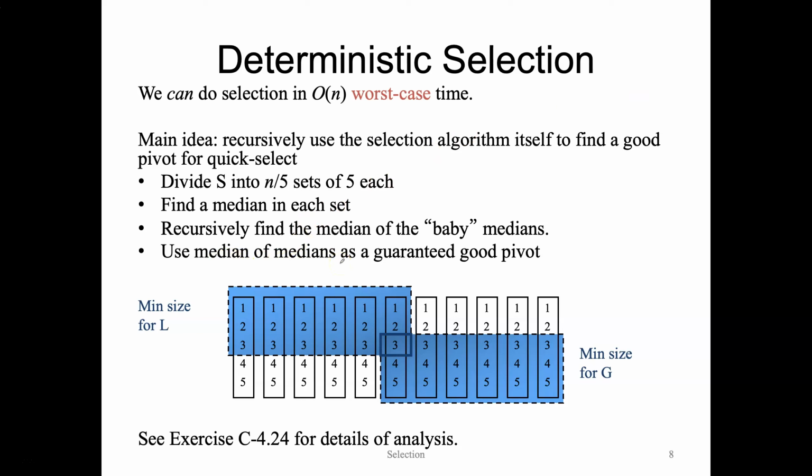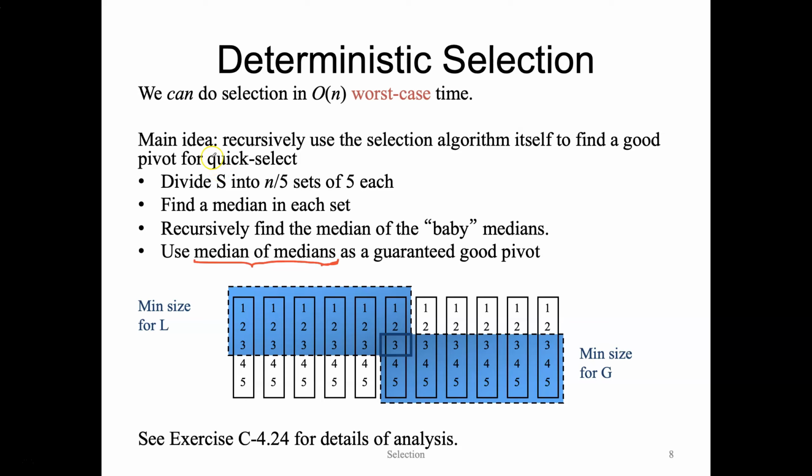The main idea is that we're going to use the same selection algorithm that we saw before, but the only difference is that rather than picking a random pivot, we're going to deterministically get a good enough pivot. This isn't a median exactly, but we'll see that it's good enough for our purposes. And how we find this, which will give us a guaranteed good pivot,